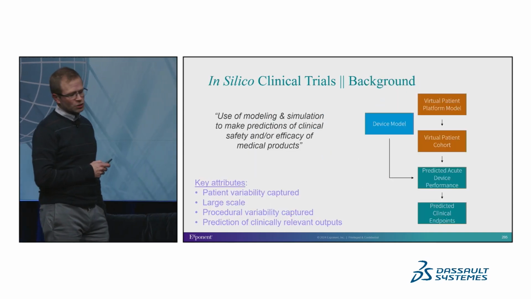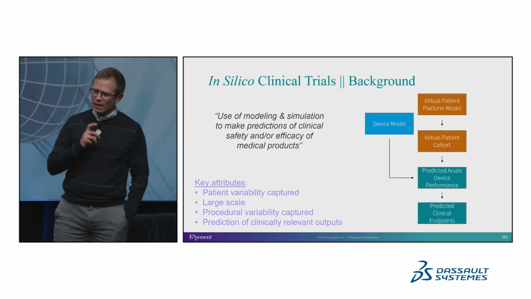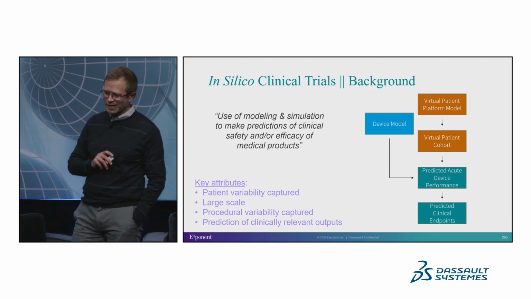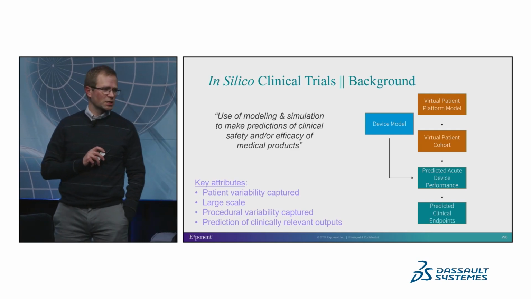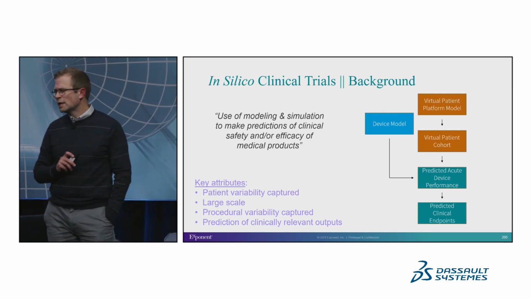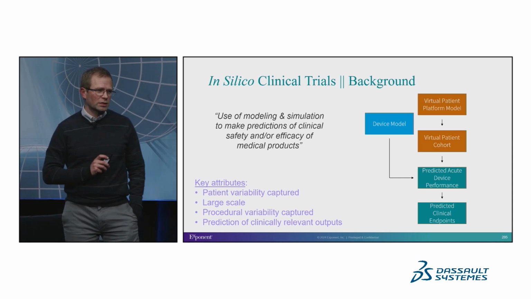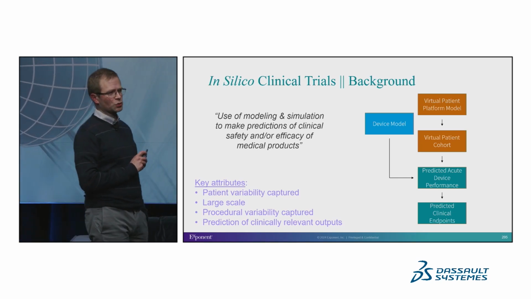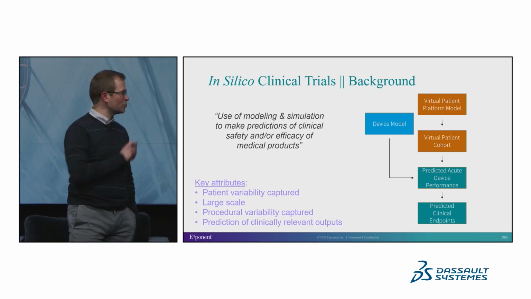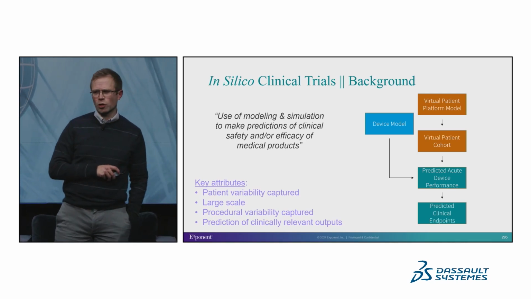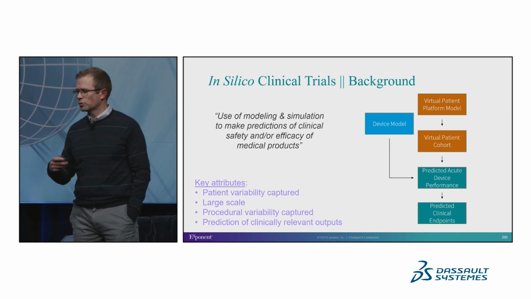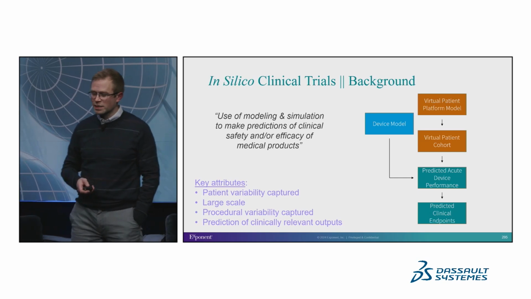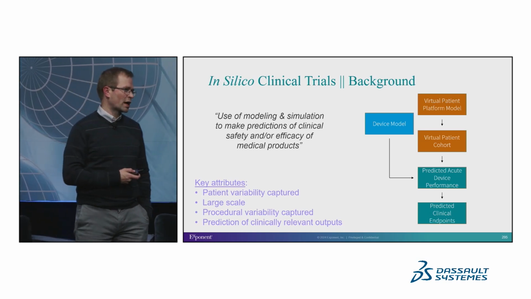And what that led to was something that looks a little bit like this. This is my own representation of this. It's a little bit basic with respect to the flow charts, but the concepts are there. And this is how I like to think, at least, about in silico clinical trials in terms of the various components that go into these models. There's my own definition there and some key attributes that I think are important as we think about in silico clinical trials. But the key pieces that go into this process include things like the ability to model a device,